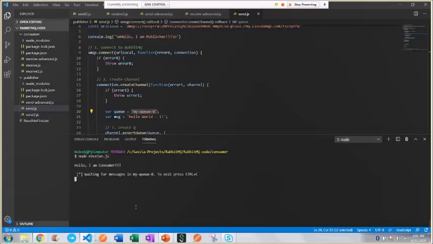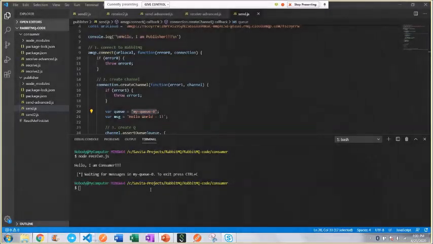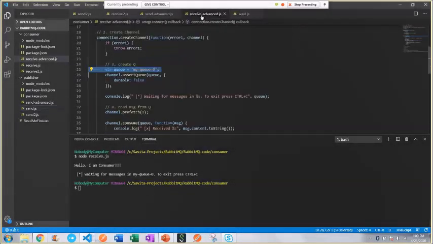All right. If we go here, we have this queue created, right? And we saw that this message went away after 60 seconds, right? All right, so now we have that queue. So in the receive advanced,